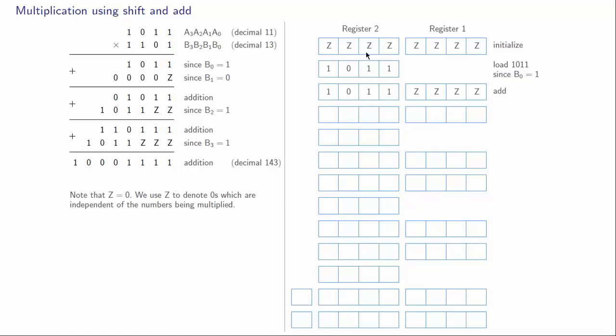In this case, of course, these are all zeros, so we have the same number over here. That is the result of the addition. Next we shift this result right by 1 position, so this number 1011 has appeared here now, and 10 has got padded from the left. Alright, now the next bit, since B1 is 0, we load 0 0 0 0. We are talking about this step now, and now we are going to add these two numbers,